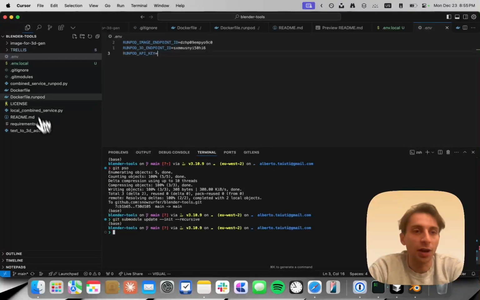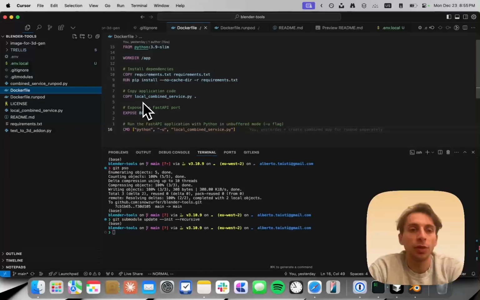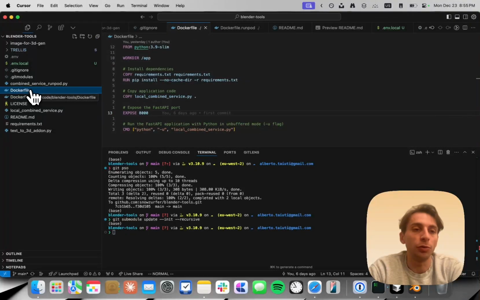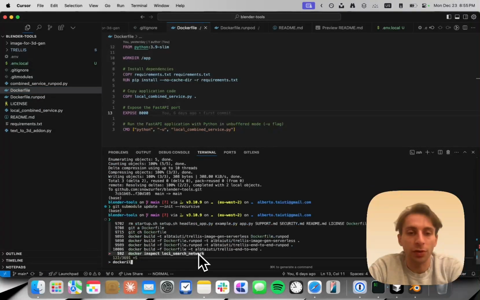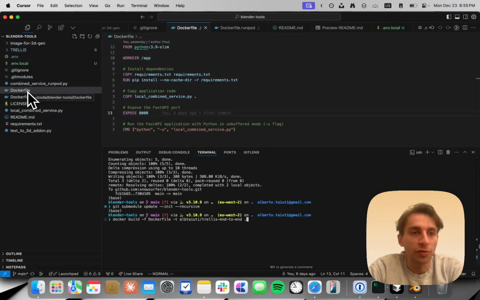So there are two Docker files here. You want to build a Docker file for the type of service you want to use. So if you want to use images that are hosted on, say, an EC2 instance or even on RunPod, but that are not serverless, then you want to build this Docker file. And so let's see here. I think I should already have it. So as you can see, I'm targeting this Docker file and calling this something,